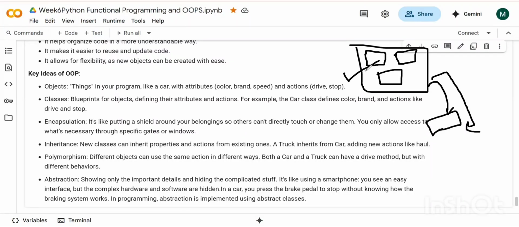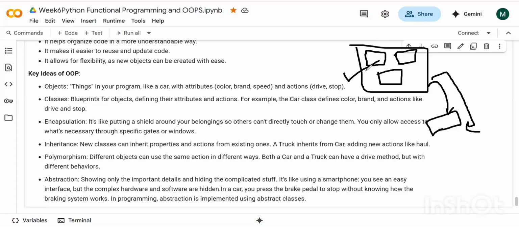Okay, class. So, object is a house, and each and every individual room is a class. A class is a blueprint, the design of your house, and an object is what is present in your house and you want to call it with the help of the class. Okay, so class is basically the home, the house, and each and every room in it is the object. Yeah, you can say like that.